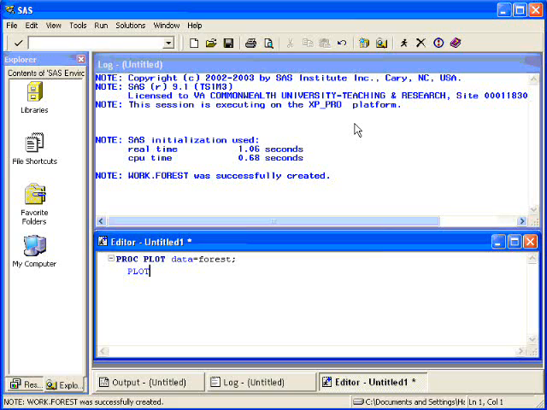Then I have to tell it which variables I want to plot. In this case, I want to plot height, ht, by dbh, which is diameter breast height. This is for a group of trees. We want to relate their height to how wide they are, or the trunk is, at 4 feet off the